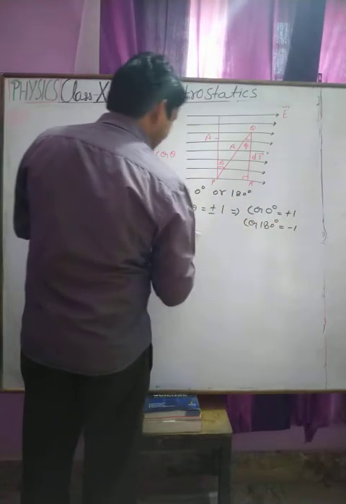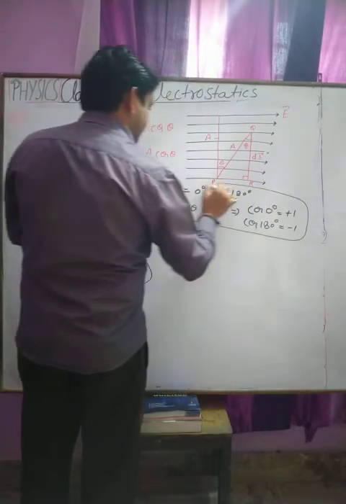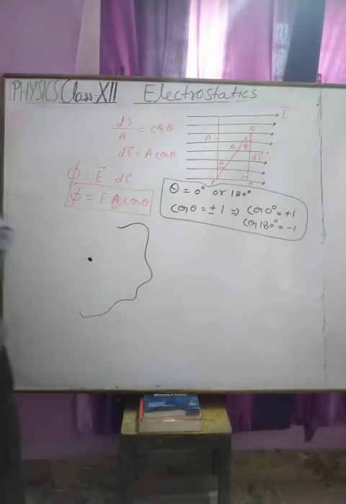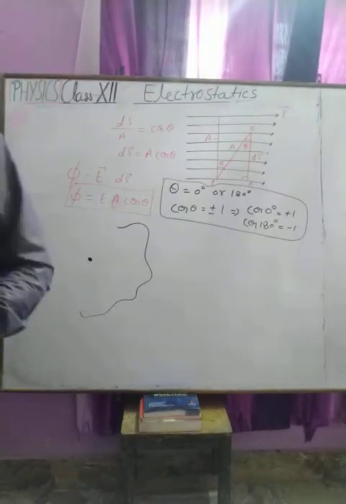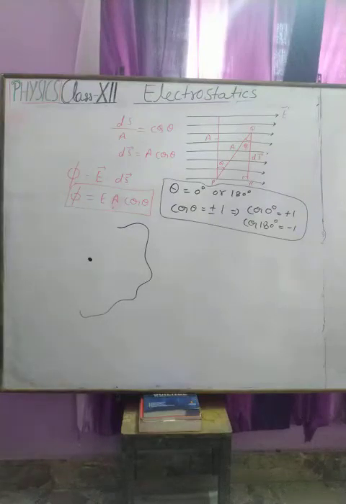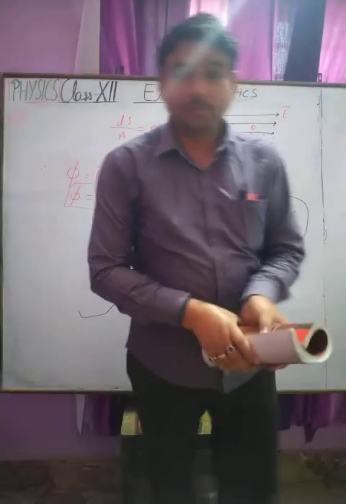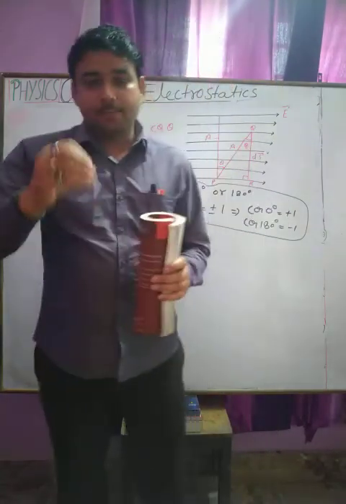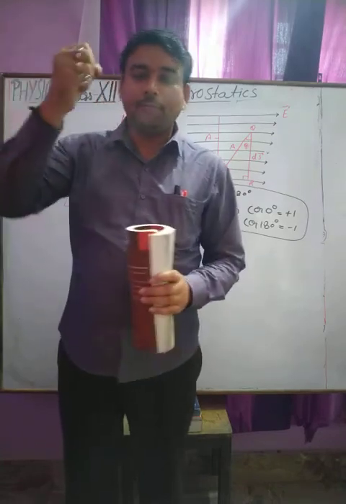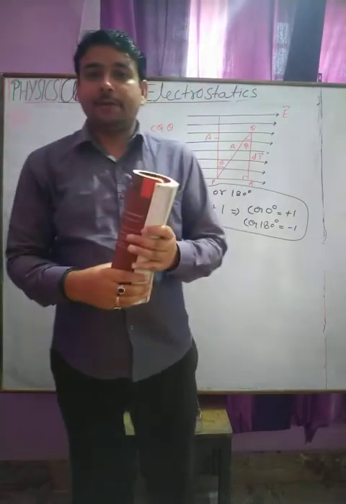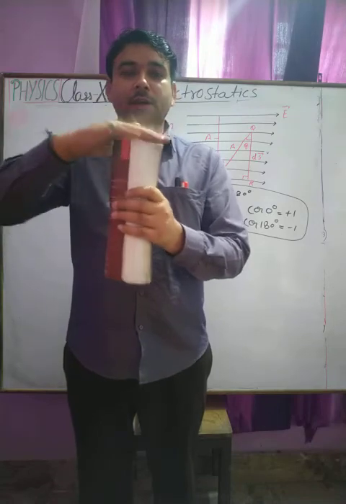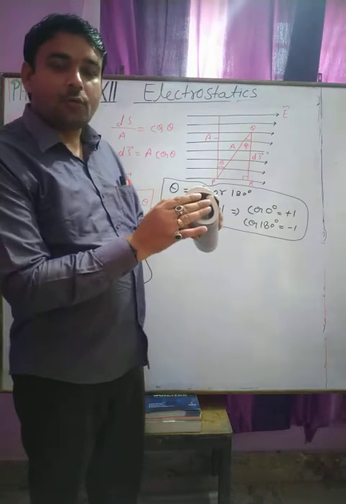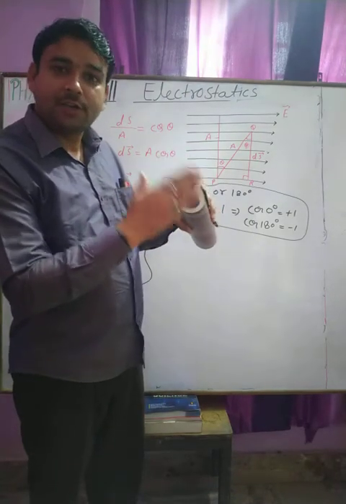Okay student, so if we want to measure the electric field, suppose the tap is open and water can flow with a fixed quantity, and this is a container in which the water is filled. So you all know this is the opening of this container, so water can fill this point.